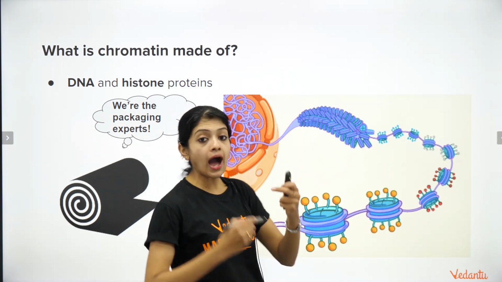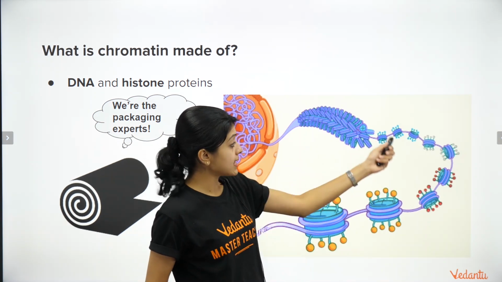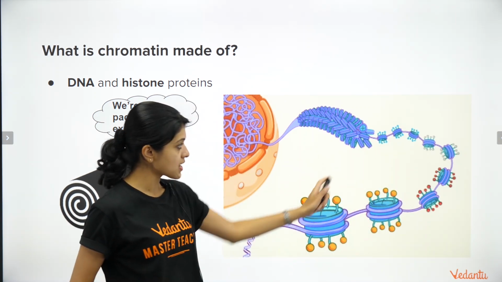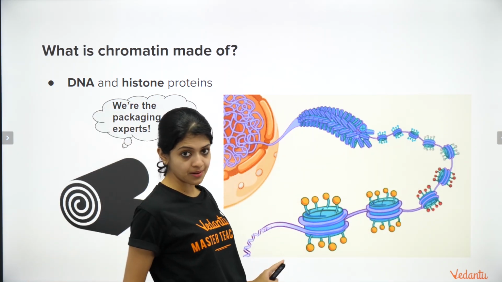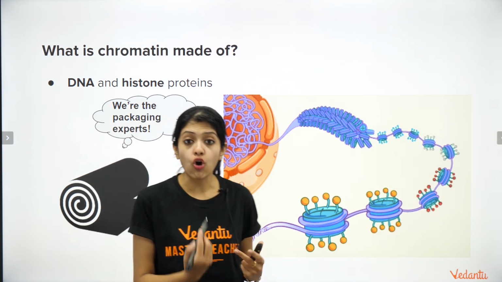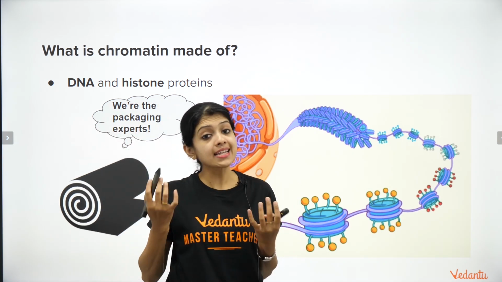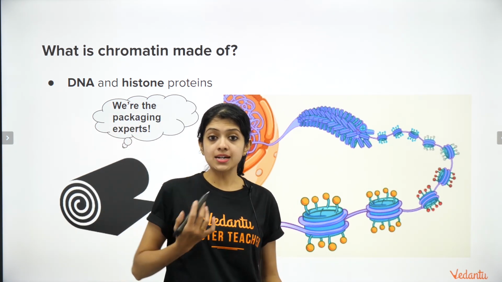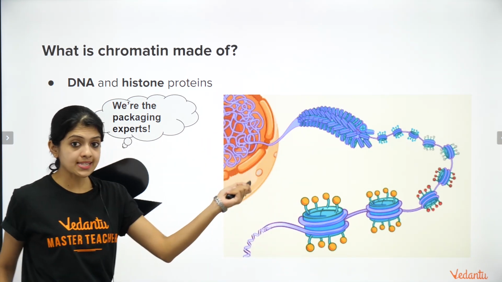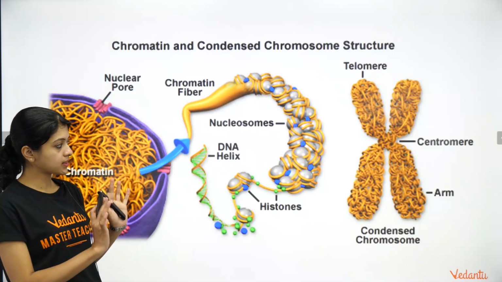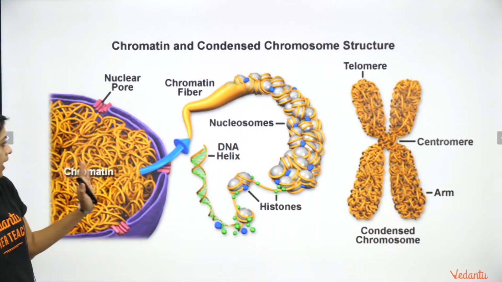You see how coiled the DNA is around those proteins, right? Here it's much more clearly seen, right? Because of this coiling and organizing, it is able to pack meters and meters of genetic material into one single cell. Now let's look at another picture with a few more labels.